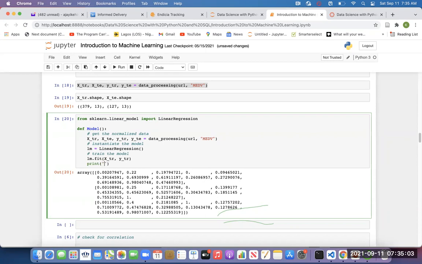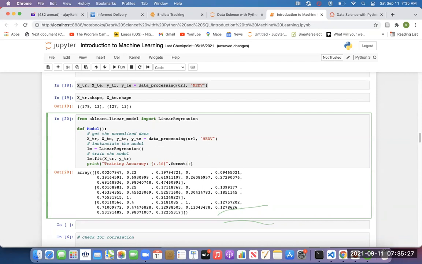Let's make it beautiful. Let's call it training accuracy. I'll just use a placeholder where I'm going to put the value. Let me make it 4 decimal places, so I'll do dot format, to format my result.